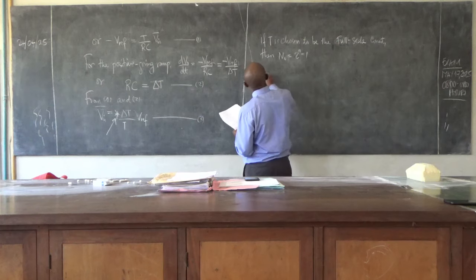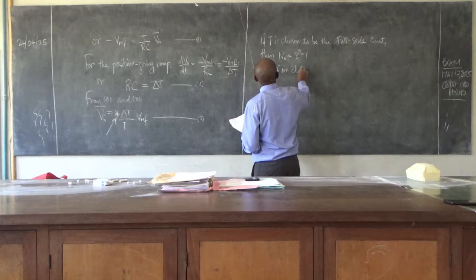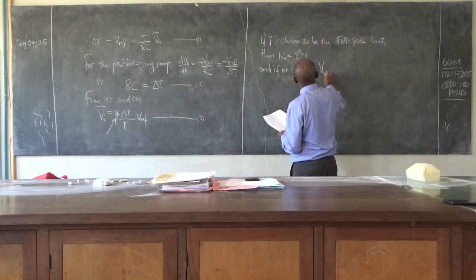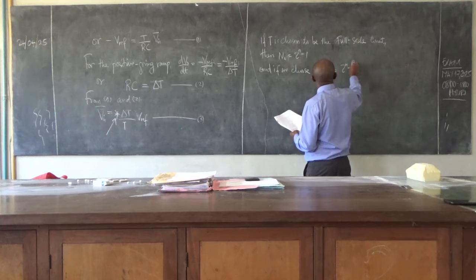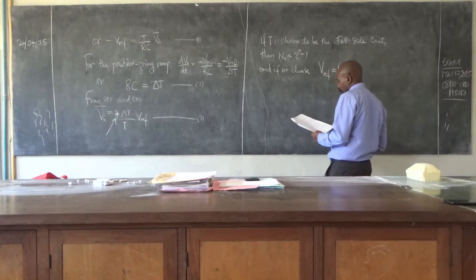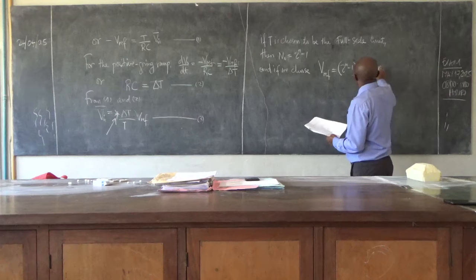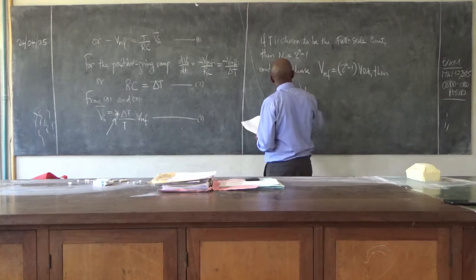And if we choose V ref equaling 2 to the power n minus 1 volts, then we would end up with V in, average V in